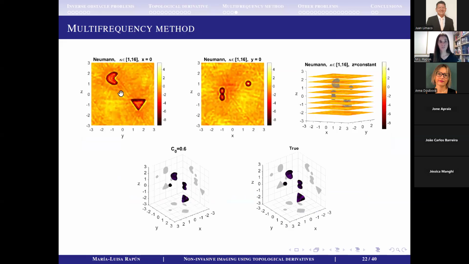is that by doing so, you get an indicator function which is very clear, and that if you keep the largest negative values, for instance, for the constant C0 equal to 0.6, then you get a reconstruction which is very sharp. So we are not only recovering the correct location and the correct number of objects, but also the shapes are very accurate. Okay, so in this case, when you have information coming from different incident directions, when you have observation points everywhere, and you have data coming from different frequencies, then you can get very nice results at very low